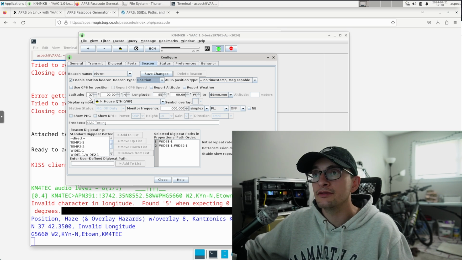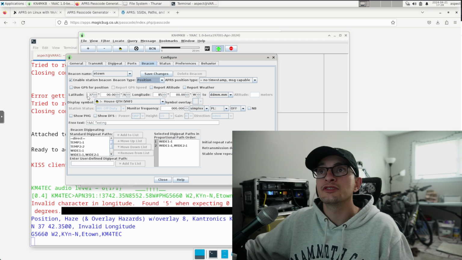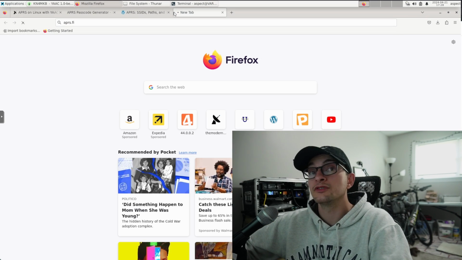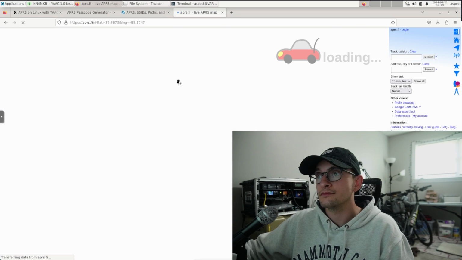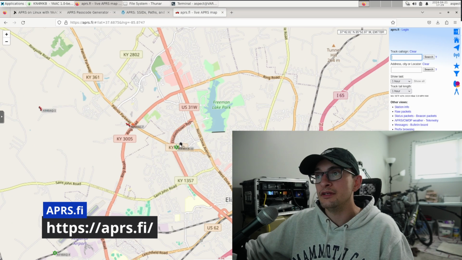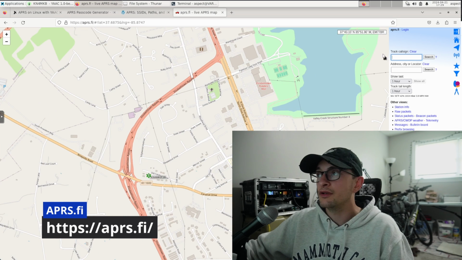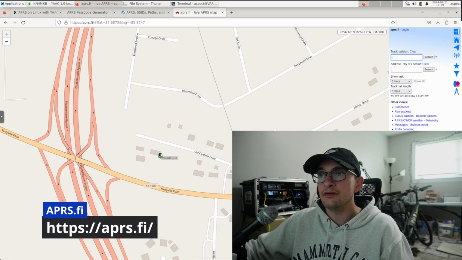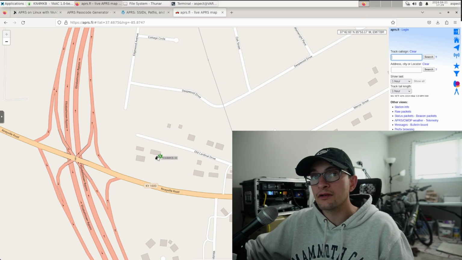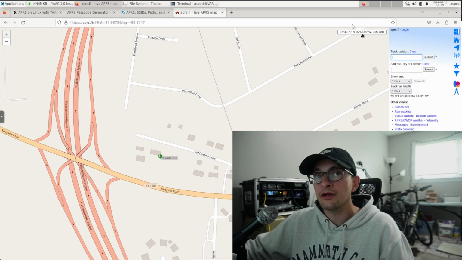Where do we get that latitude and longitude? Well, I'm going to show you a cool website you can go to, APRS.fi, which is also where we're going to check in just a moment. And if you navigate to where you expect your station to be, you can put in a zip code here, wherever you like. Now, as you hover your mouse, you should see coordinates over here on the top right. We're doing this so we don't have to do any weird conversions. Those coordinates are the ones that are going to go in